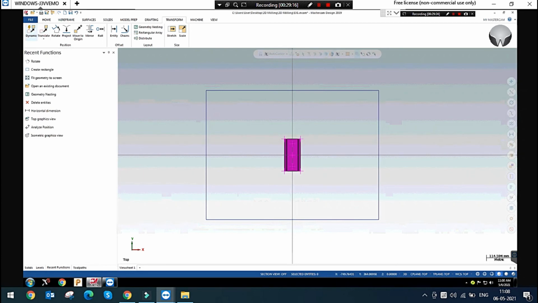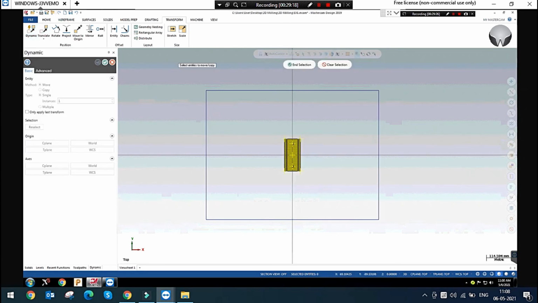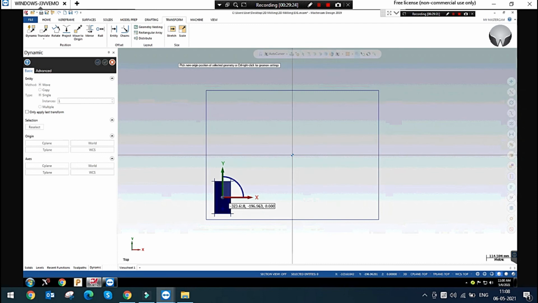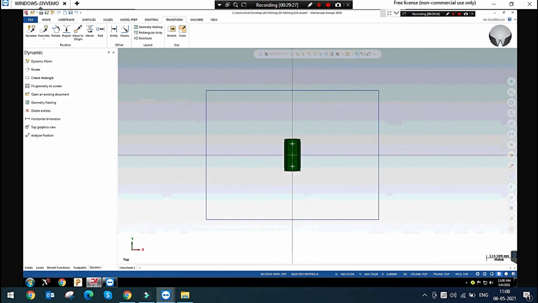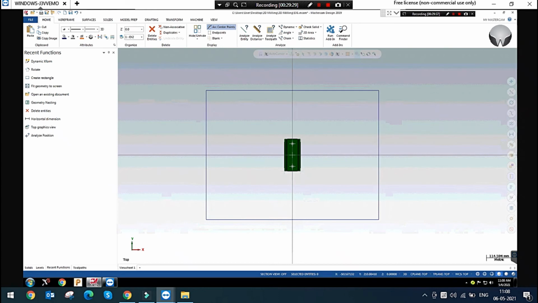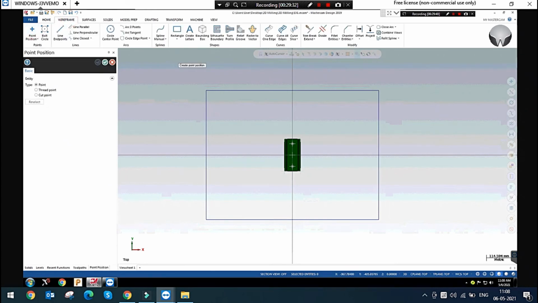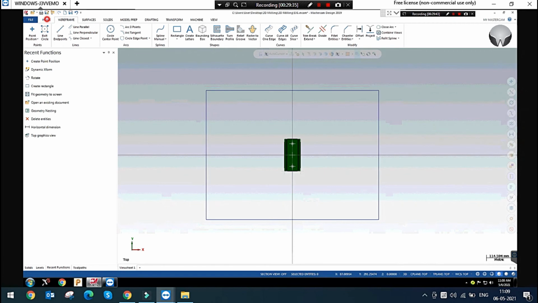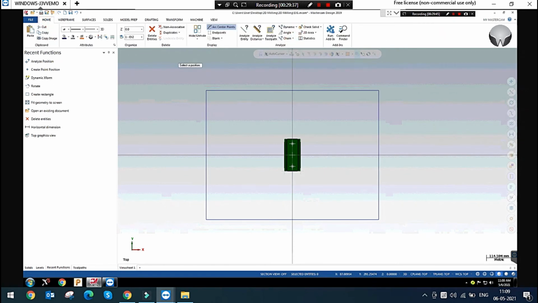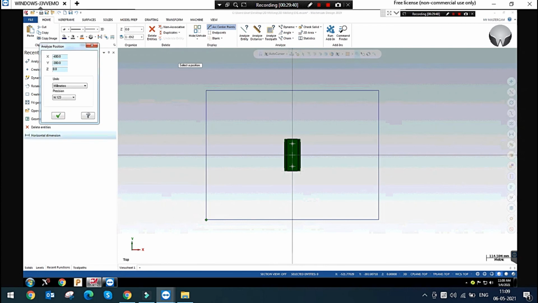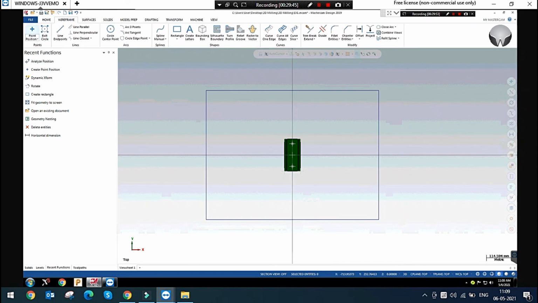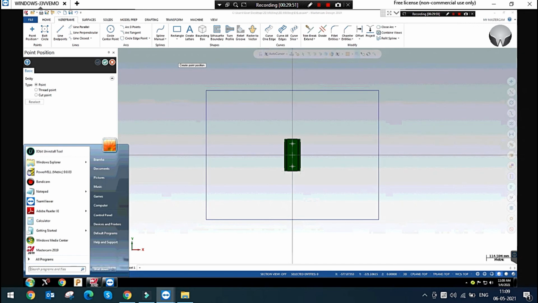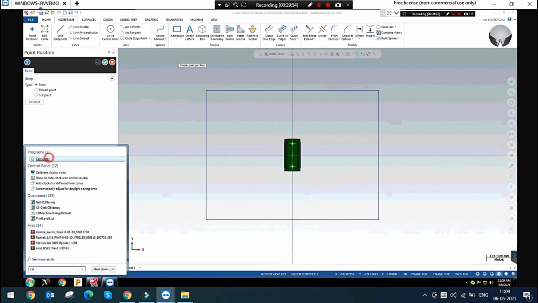And I am using the dynamic transform option. I will explain further how to use this dynamic option. Please wait. Before that I will create some points. What is the position of the origin point? It is minus 400, minus 300, right? Now I am creating a point, calculator.